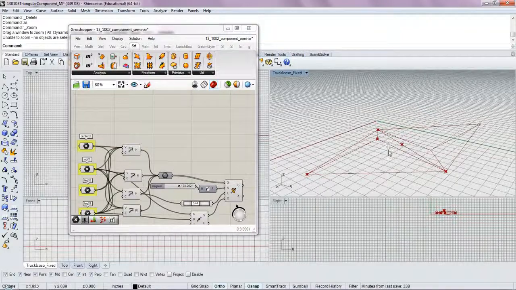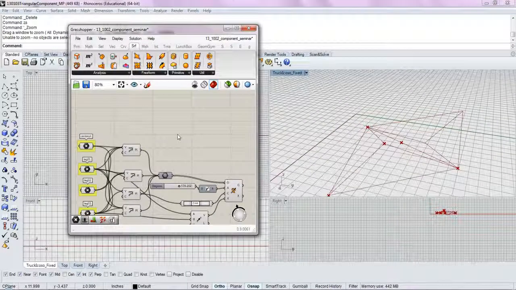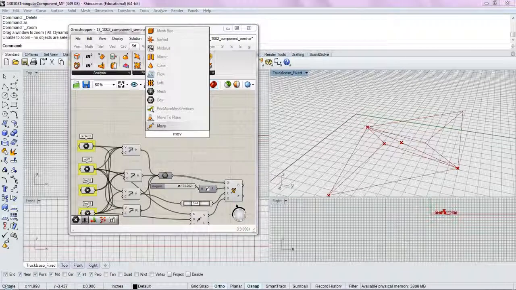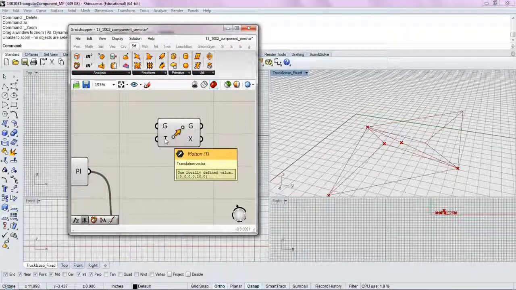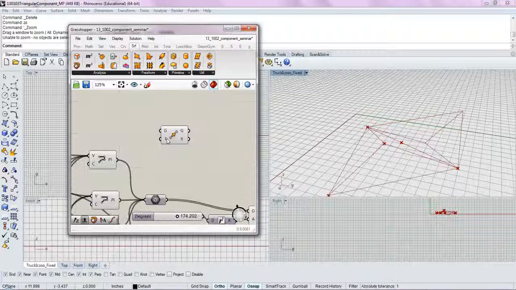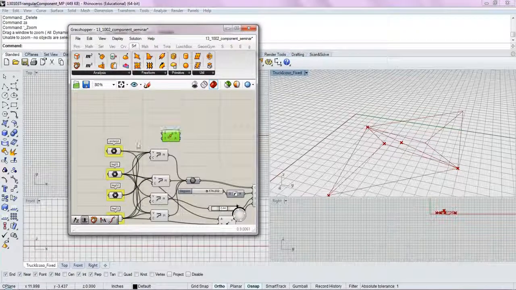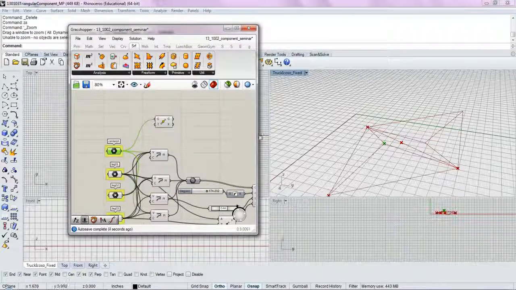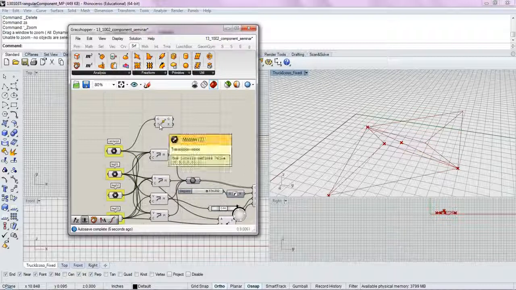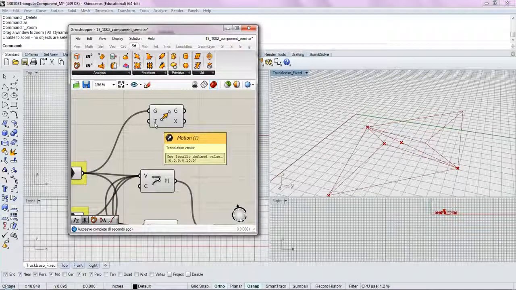the z direction a certain distance. So if we type in move command on our canvas, you'll see that it asks for a geometry and a translation vector or a motion, which we both have set. So we're going to take our center point geometry because we want to move the center point from the beginning of that point. And then for the translation vector, even though it's defaulted as the z in 10, I want